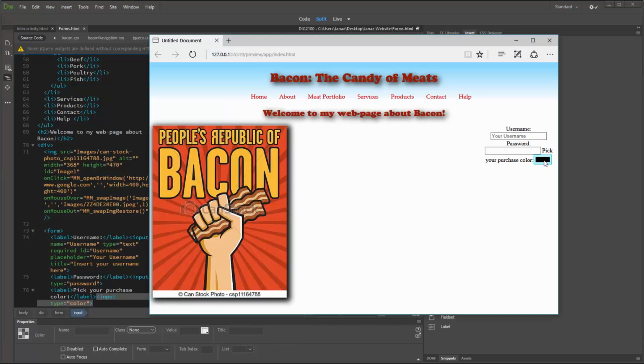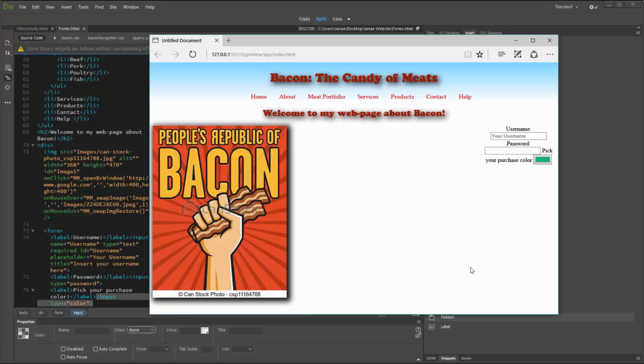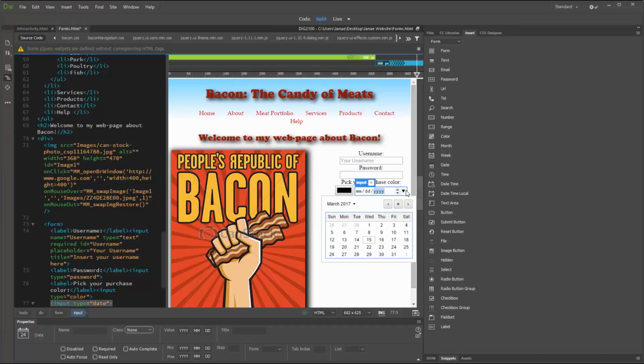The color picker gives you the ability to adjust a slider to pick a color that you want, be it a product or otherwise. The date option makes a calendar, an interactive calendar that you can manipulate